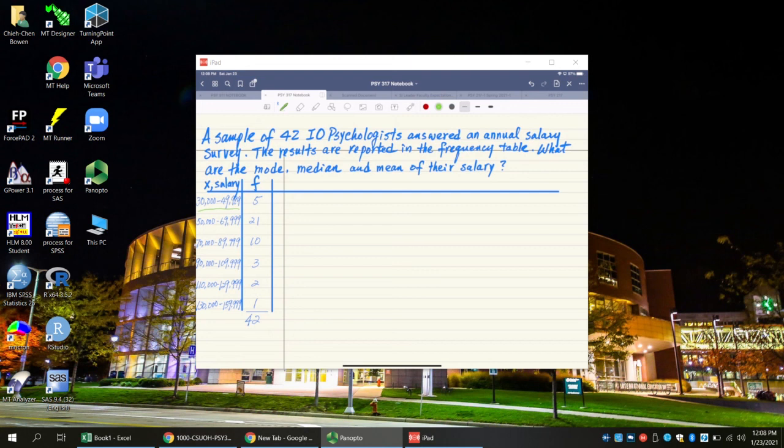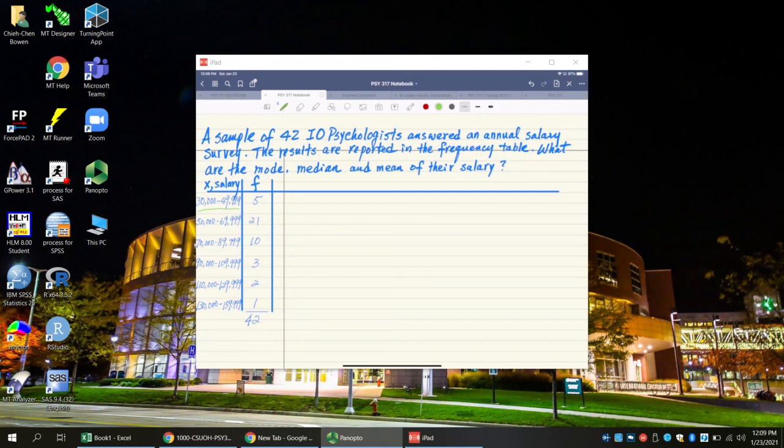And this structure is each category is an equal interval. So the first category is $30,000 to $49,999. So roughly it's a $20,000 range. Okay. And to make sure each category is not overlapping with the other ones,